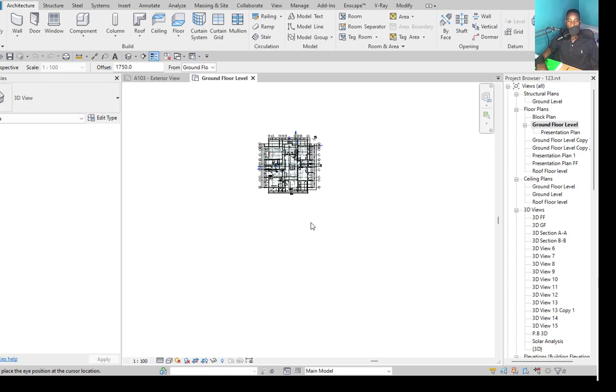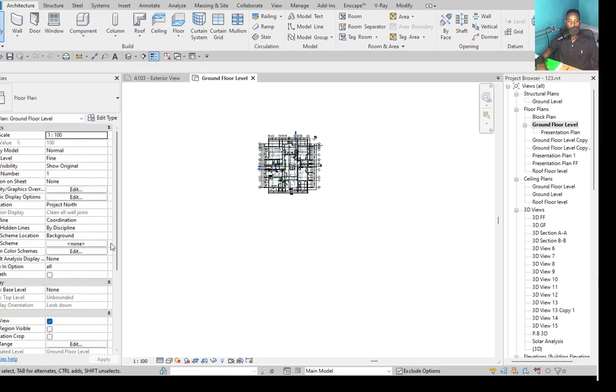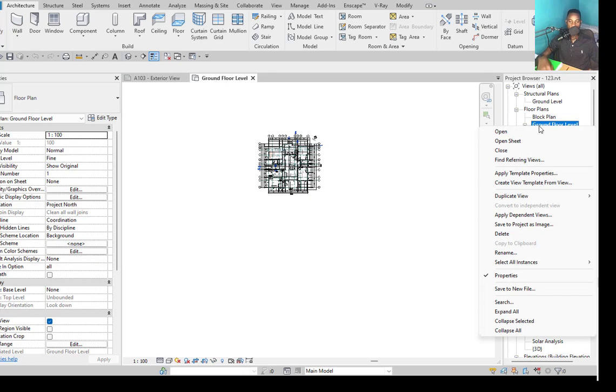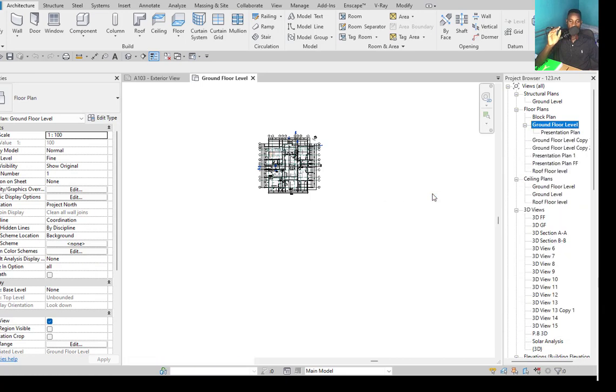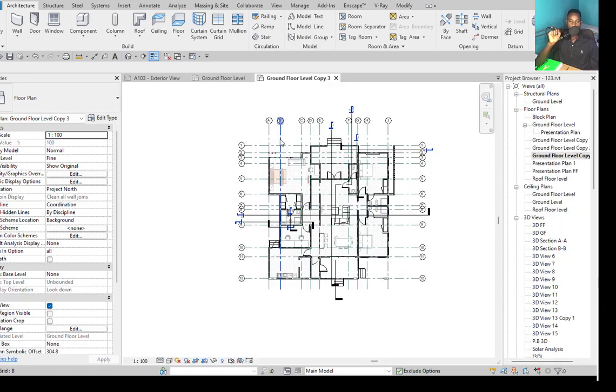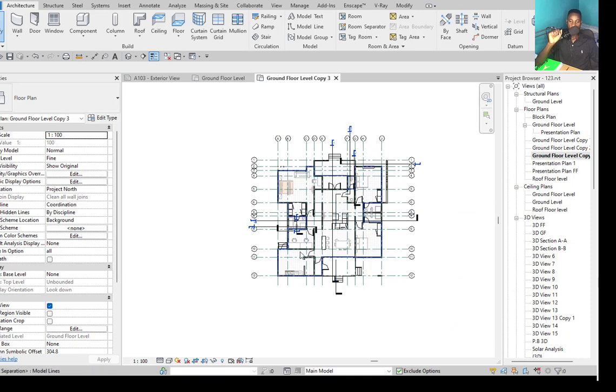So when you click on camera here, the first thing you have to do is, I think it's best, because this one is a client project, let's duplicate here. So when we duplicate here, we have another duplicate of the floor plan. So when you have this floor plan, what you have to do next is to